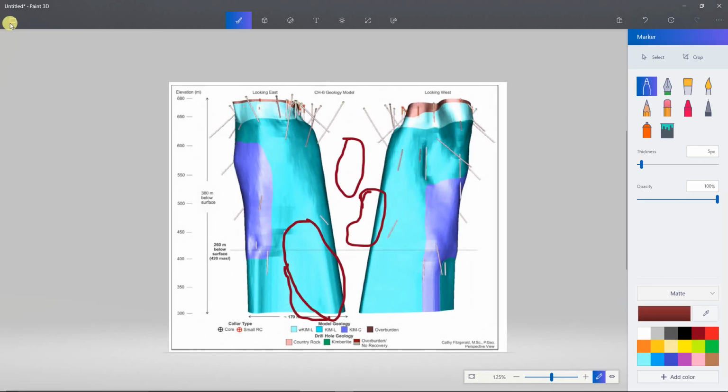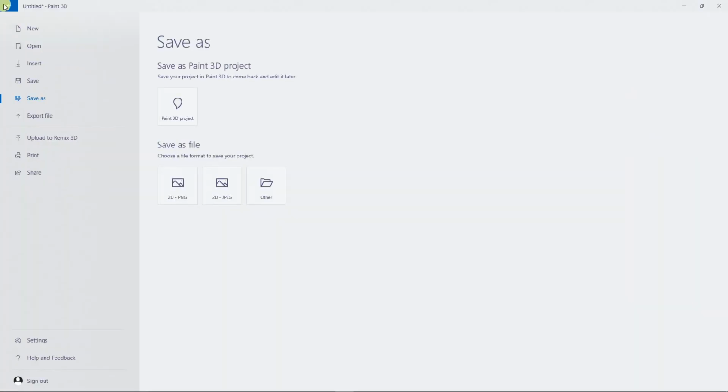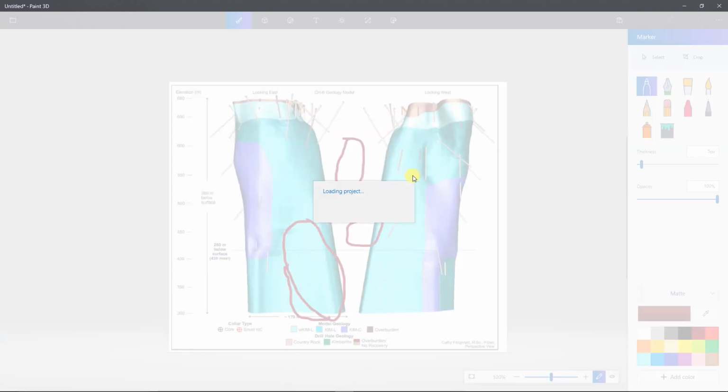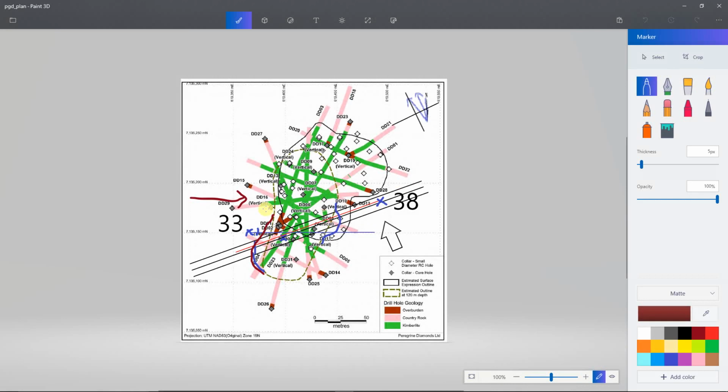Of course, now that drawing is open. I'm not going to save that one, so I will just open that up, and that is what we see